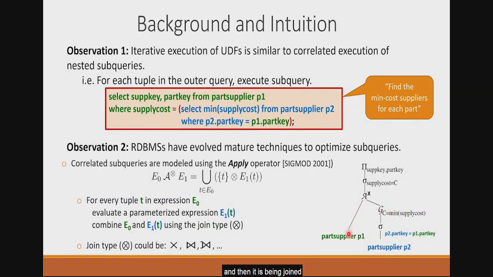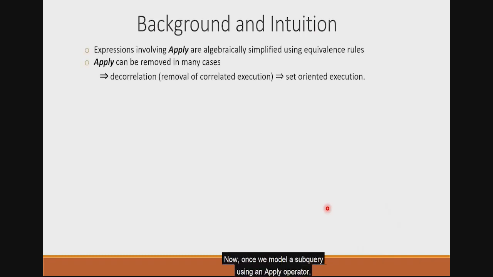And then it is being joined using the apply with the cross product here, as I mentioned. And then it performs a filter and projections. And basically, this is how the query gets modeled using the apply operator. Now, once we model a query using a subquery using an apply operator, there are algebraic rules which can be